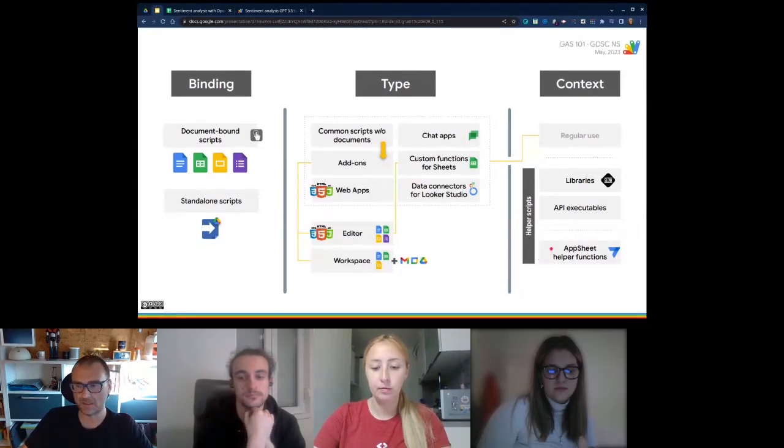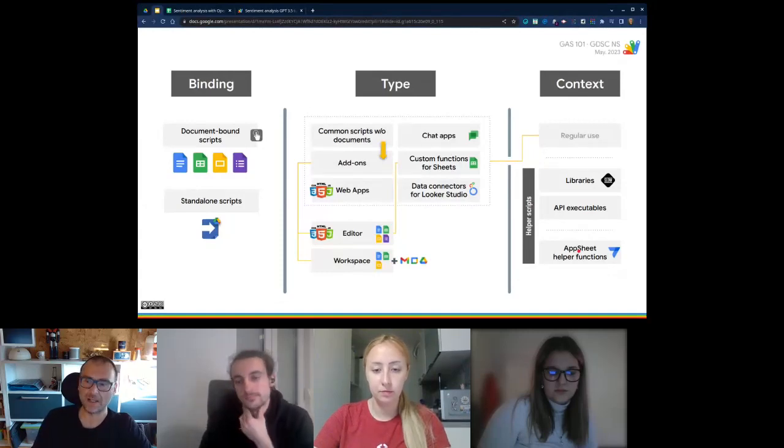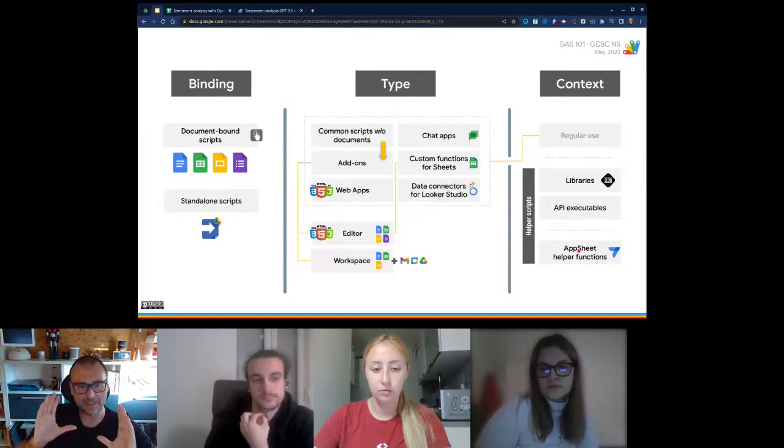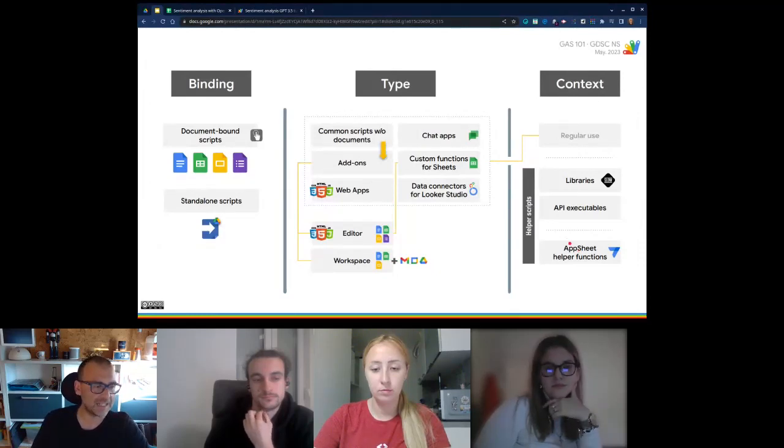And finally, if you know AppSheet, the no-code platform that Google introduced, I think it has been a couple of years. Well, AppSheet was a tool built by another company. Google bought the company, and is now marketing this as their no-code solution. So you can also call helper AppScript functions from AppSheet. Well, it's really nice to go beyond what AppSheet can really do.